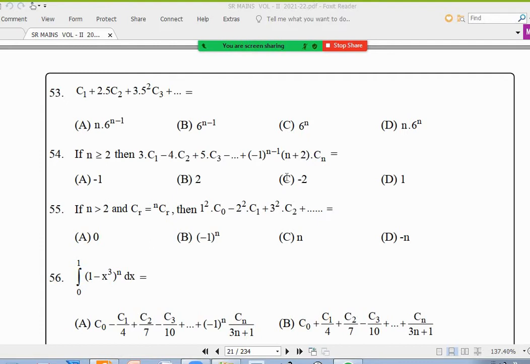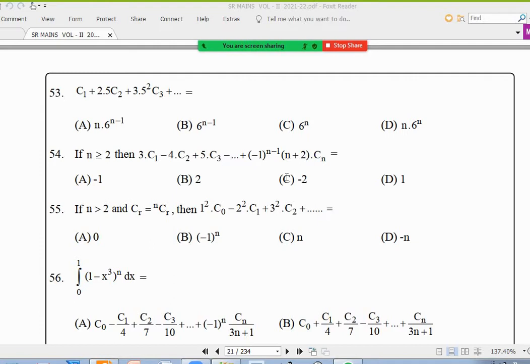So, how to eliminate this R is you can write this as this by this into 1 less, 1 less. So, sigma R equal to 1 to N R into 5 power R minus 1 N by R into N minus 1 C R minus 1. We can cancel. Now, we'll get N outside. Sigma R equal to 1 to N minus 1 C R minus 1 5 power R minus 1. You can directly say that it is expansion of 1 plus 5 whole power N minus 1.